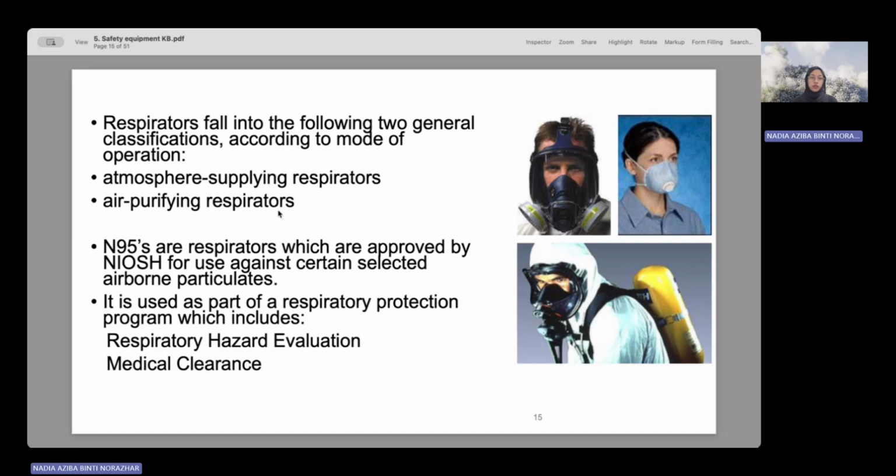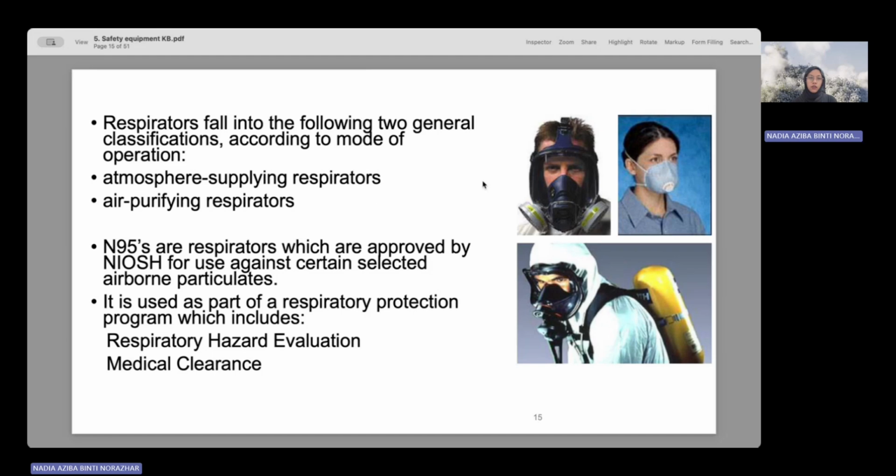There are two general classifications of respirators according to the mode of operation. The first one is atmosphere supplying respirators, and the second one is air purifying respirators. So we can see from the photos here, this is the atmosphere supplying respirator, and this is the air purifying respirator. Typically, an atmosphere supplying respirator is connected to a tank of oxygen, where the tank will function to supply oxygen inside